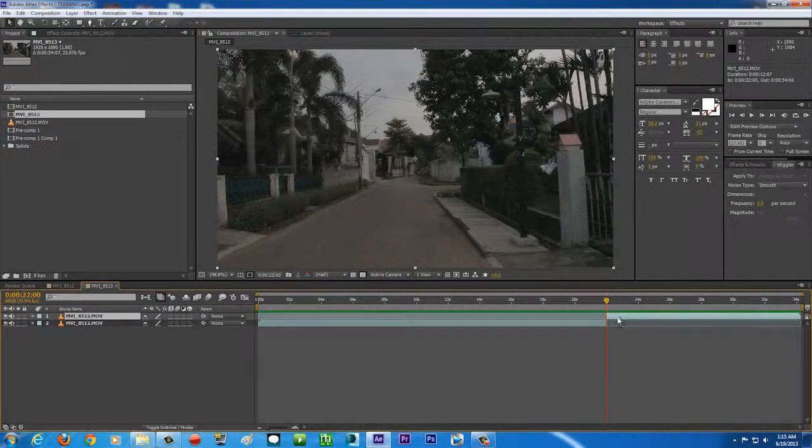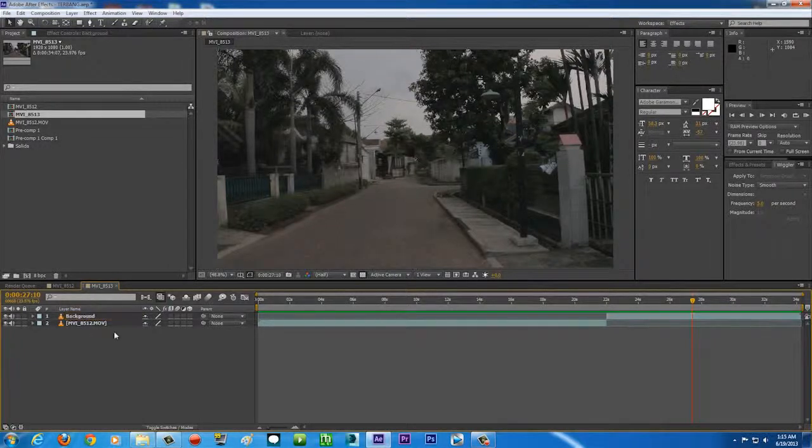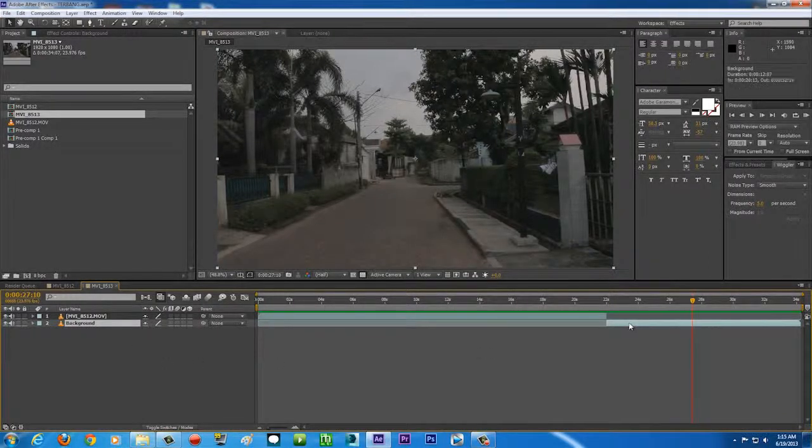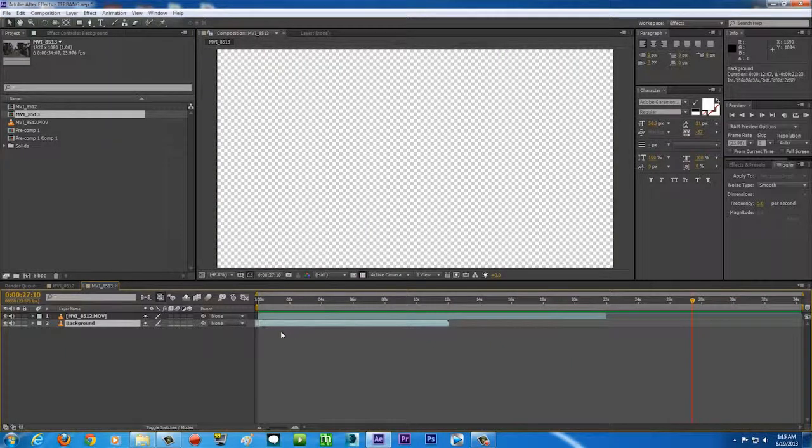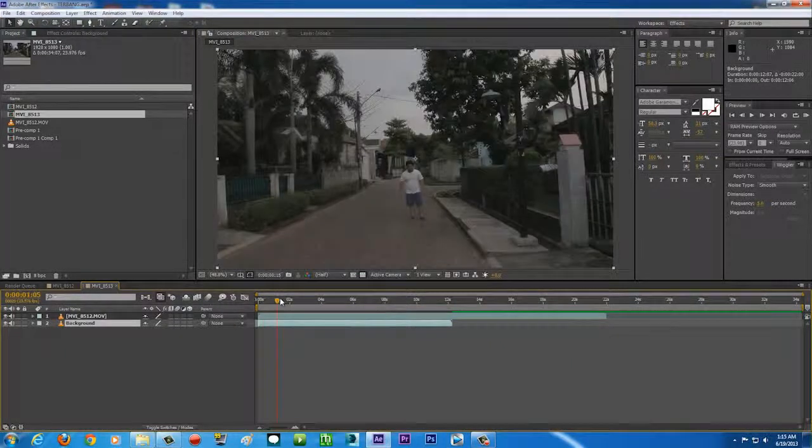So this top area here is for the background. So we're gonna rename it, right? Right click and click rename. I'm gonna call it background. Because this will be our background, we're gonna put it below everything, and then we're gonna move it just like so. So basically this video is gonna be right at this point, and there you go. We're gonna recreate our background, and now we're gonna create the effect,